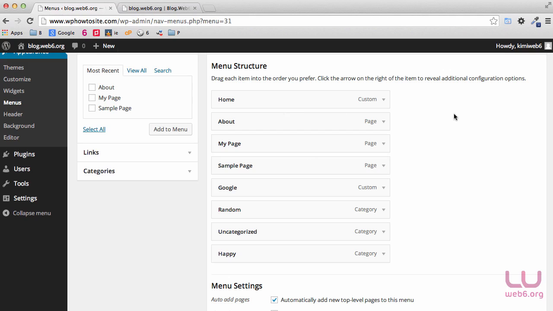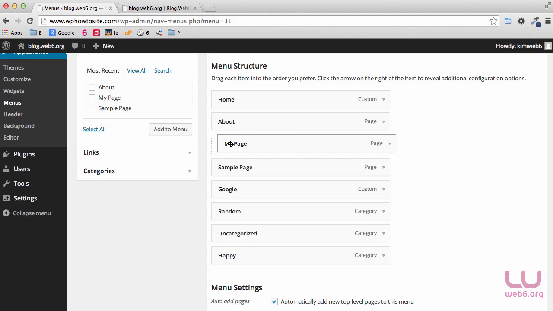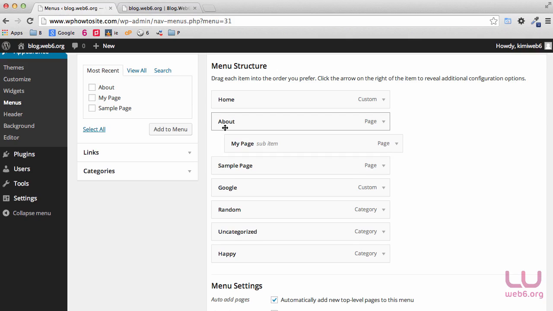So if you notice, if I hover my mouse here, as you can see this drag icon there, it means that it's available to be dragged and dropped. So for example, I want my page to be a sub-item of about, so I'm just going to drag it and drop it here. As you can see, these two menus are indented